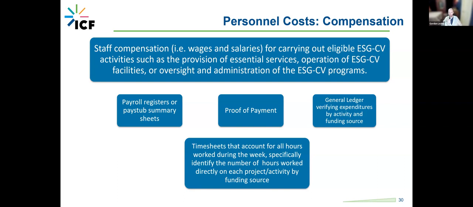So that's a canceled check or an electronic deposit record. You need general ledgers verifying expenditures by activity and funding source. And you need timesheets that account for all hours worked during the week in the way that I described them